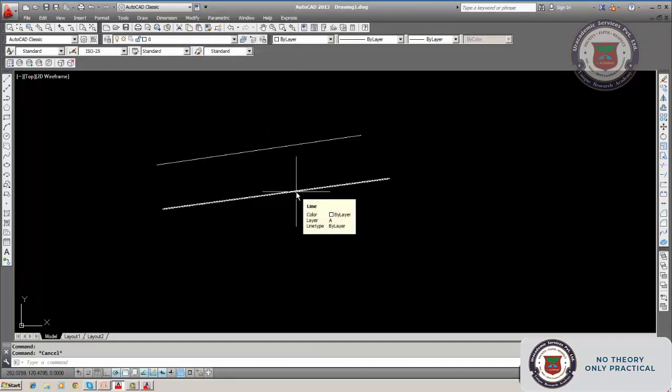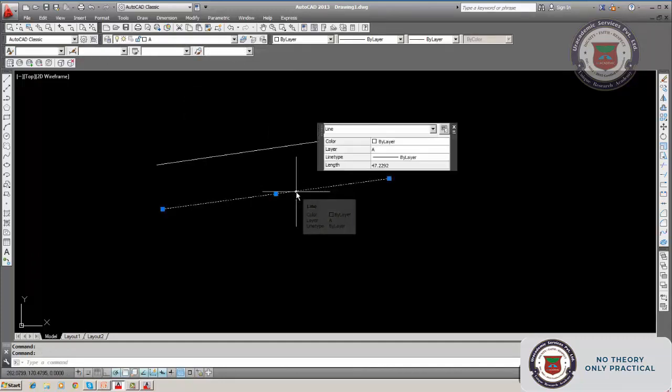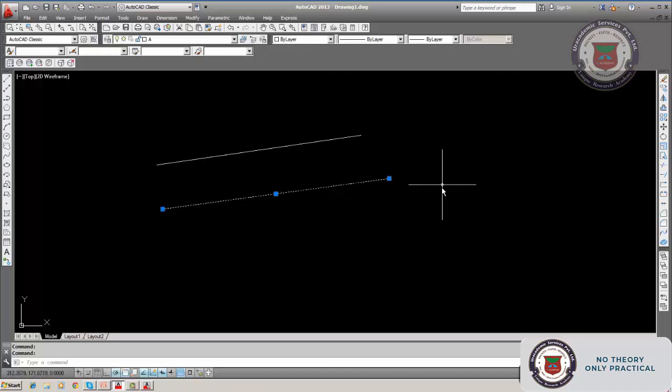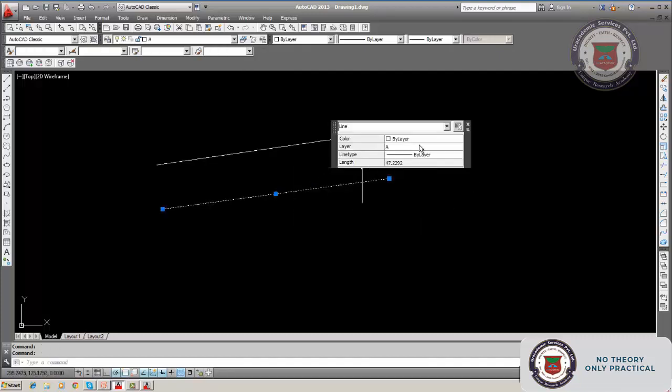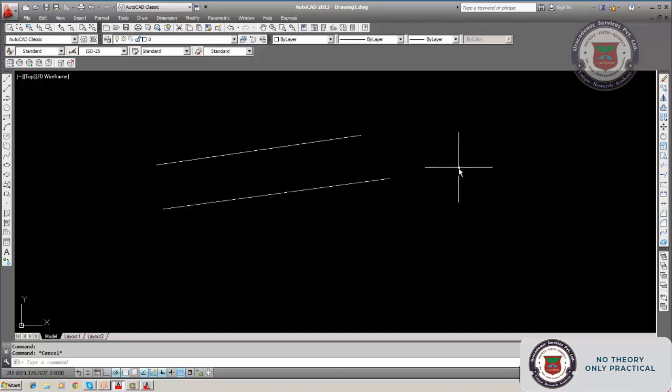It shows which layer it belongs to. See, A has come up. Okay, and it also includes another screen to change whatever you want. So we will not do anything now. You can change the layer name also, color also, length, etc. All those things I will explain to you. There are so many things we can do with that.